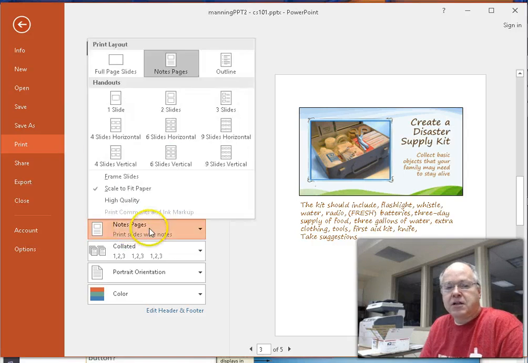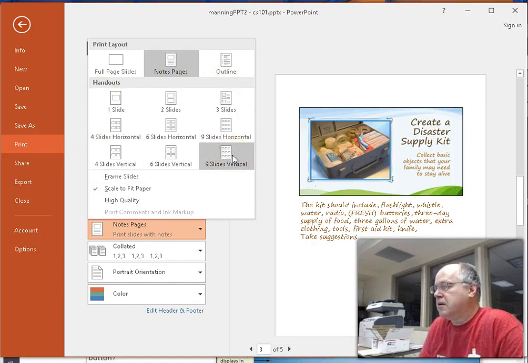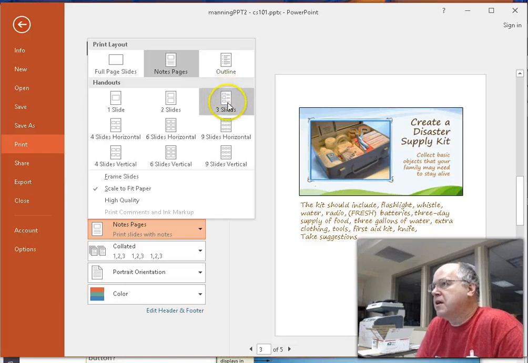And then we're going to tell it to print the notes pages, and you see all your choices there. If you wanted to have little thumbnails of your slides for handouts, you could have done that as well. And you'll often see slides. Most often, in professional presentations, they will have at every place as you come to sit and watch this